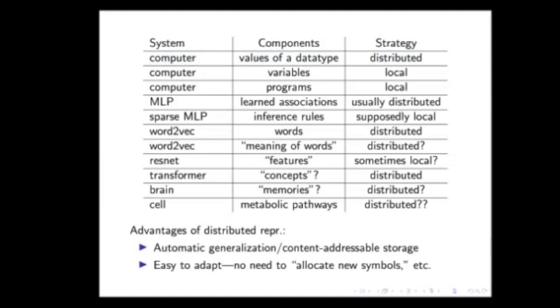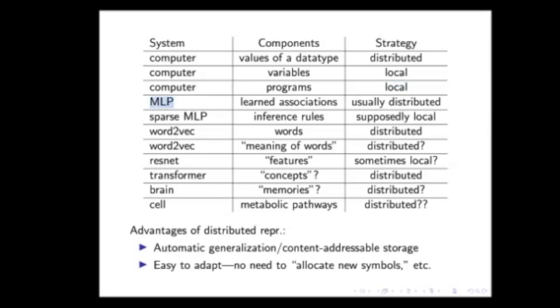But where things become more local is where I think about the structure of programs. If I look at a program running in memory, I can look at different variables, and these have different meanings. Different variables are stored at different addresses. They don't interfere. And same thing with programs or subroutines, right? I can point to a specific address in application memory and say, that's the beginning of this method which does X. And that's another local representation.